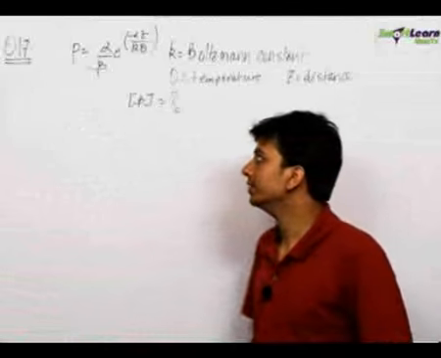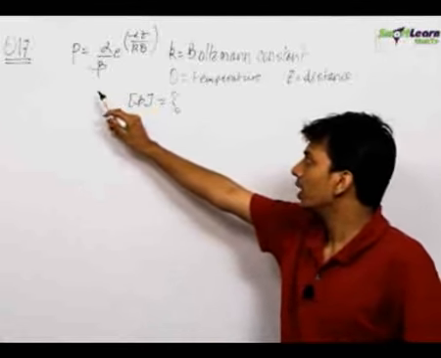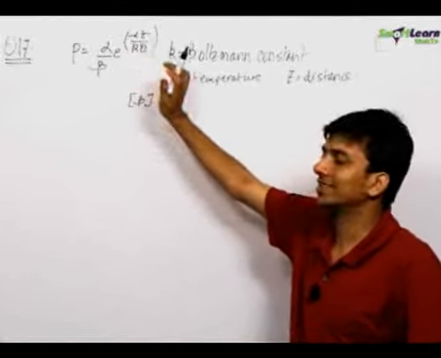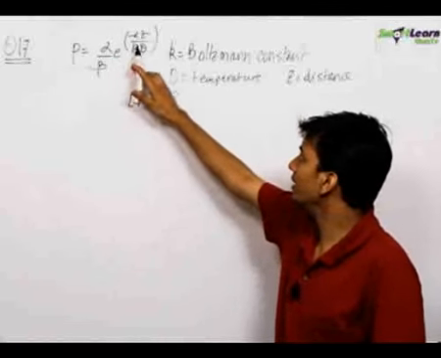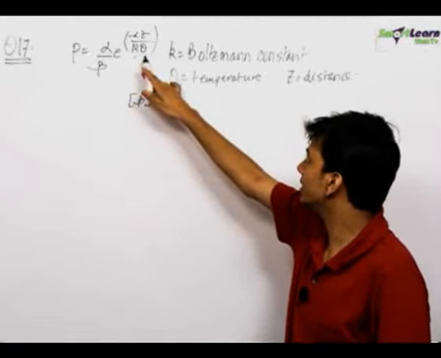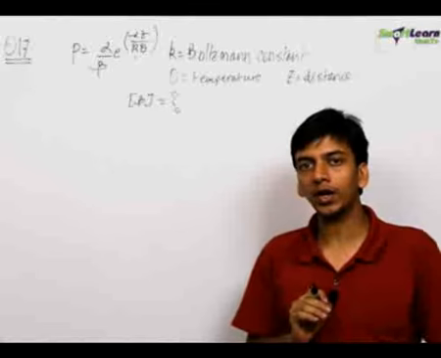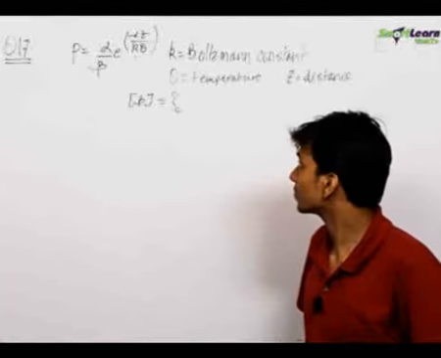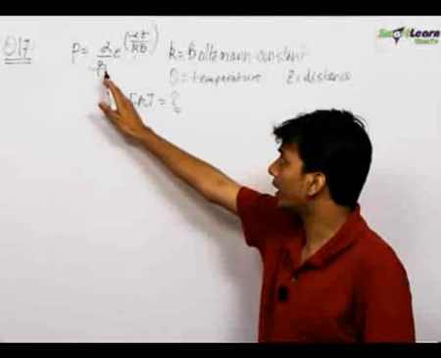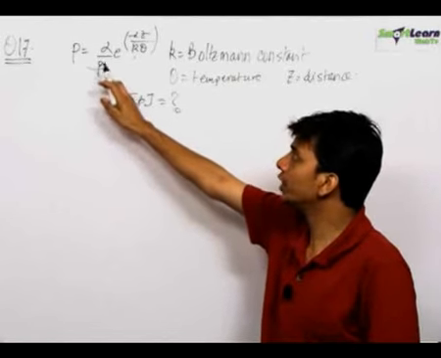In the 17th question, we again have a formula which is of pressure in terms of the distance, where K is the Boltzmann constant, theta is the temperature, Z is the distance, and P is the pressure. We need to find out the dimensions of beta. So to find out the dimensions of beta, we first need to find out the dimensions